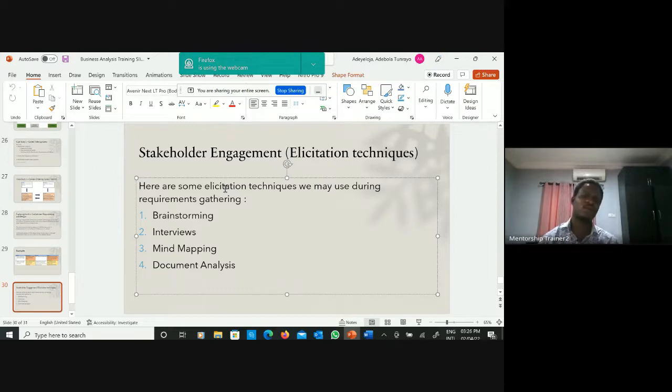How do you engage stakeholders? Brainstorming. So you've been asked to recommend solutions for the bottleneck with the business's canteen service. Then you walk up to the canteen managers, or have some meeting with them, and you ask them, how do you think you can solve this problem? As a business analyst in the real world, a lot of the time you will be asking questions,